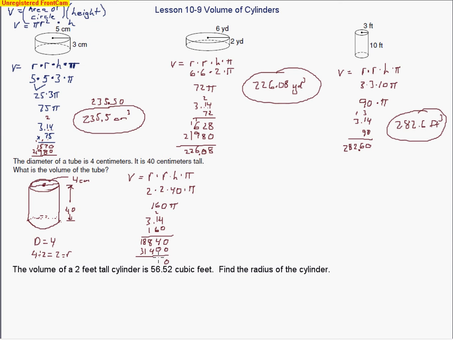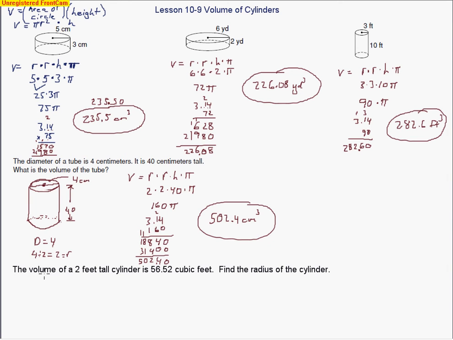I get 0, 4, 12, carry a 1, 10, carry another 1, 5. And then I move the decimal over 2 spaces. So there's my number, 502 and 4 tenths. And this is centimeters to the 3rd power. So there's our answer. Well, the last problem is a little bit different because they give us what the volume